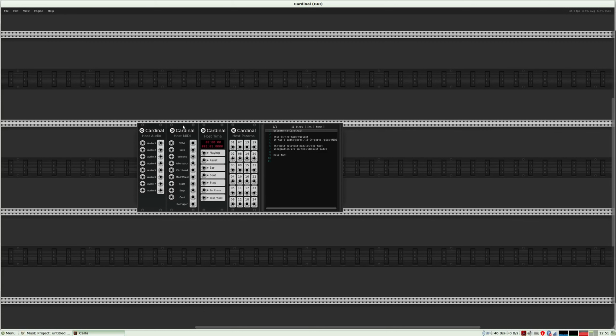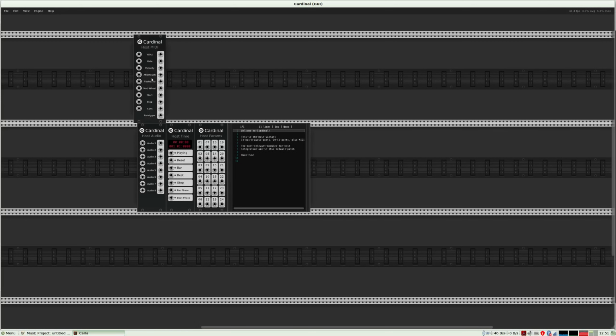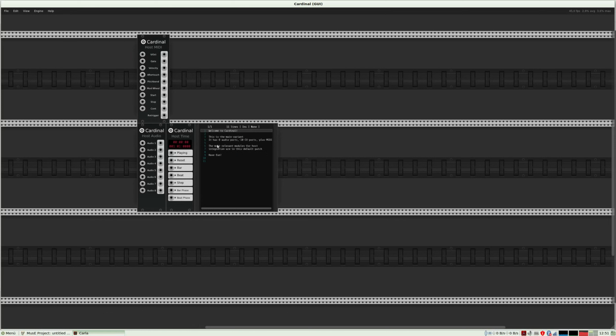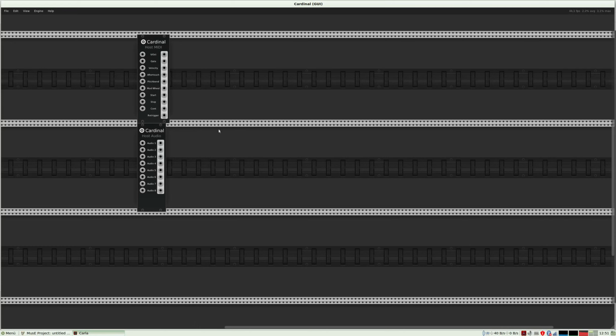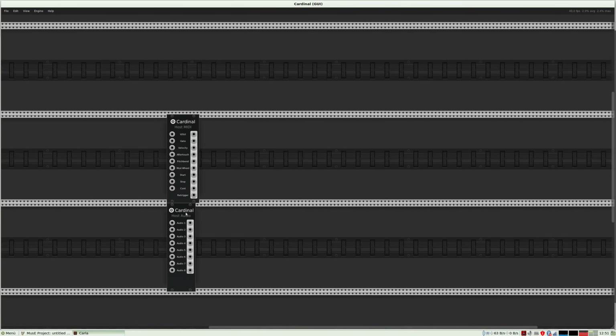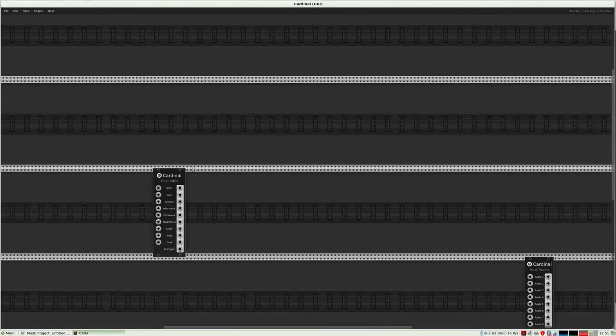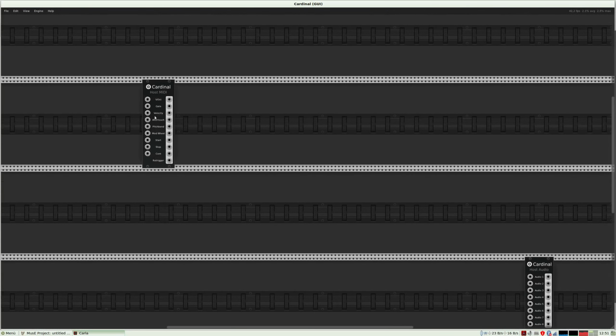Host MIDI, I need it many times, so I put it here. I do not need this and that, and the text is also not needed. So this one I can put here to the right, and I start creating the first MIDI synth.